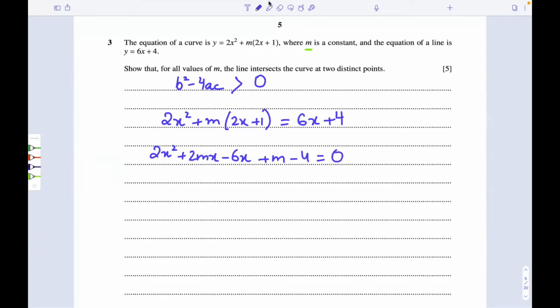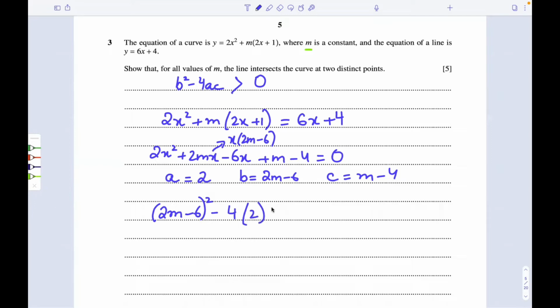equal to 0. So from here, we can deduce that a is equal to 2. b is the coefficient of x, so in this case, that will be 2m minus 6. If we take x common from over here, we will get 2m minus 6 as the coefficient, and c would be m minus 4. Now, putting this in the equation b squared minus 4ac, we have 2m minus 6 whole squared minus 4 into a, which is 2, and c, which is m minus 4, and this is greater